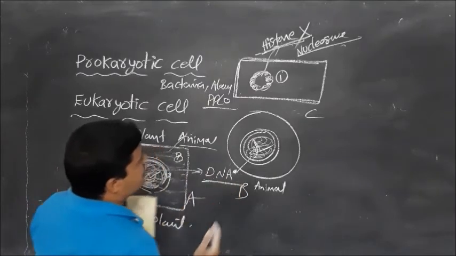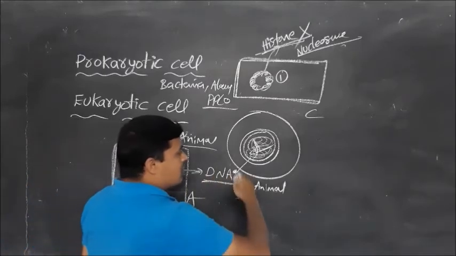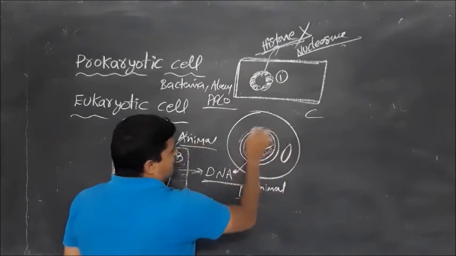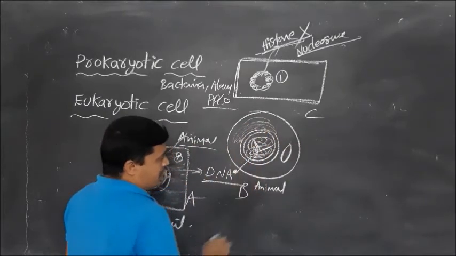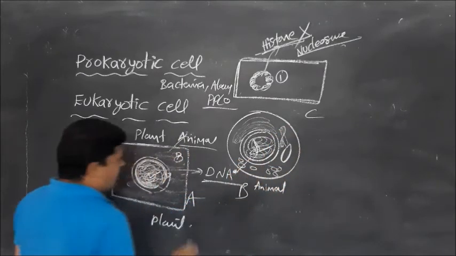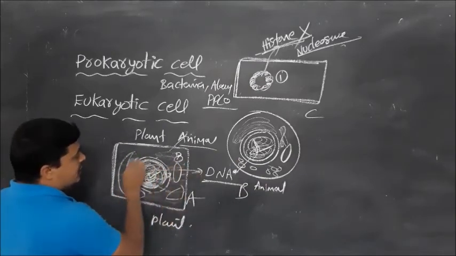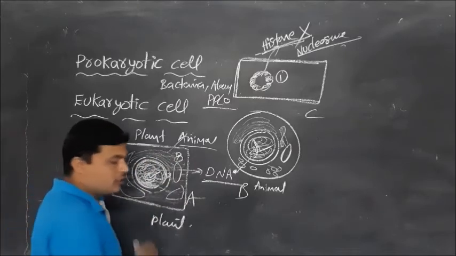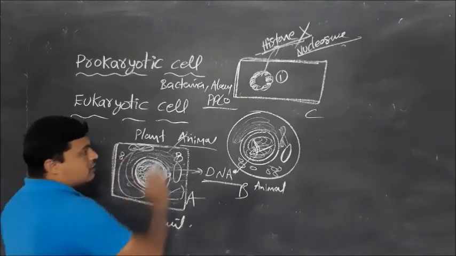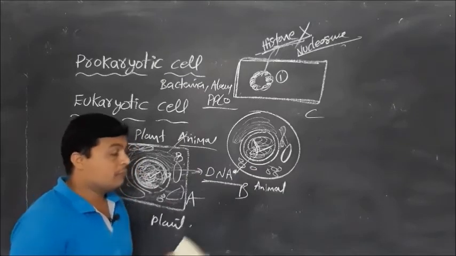And what are the other differences between the prokaryotic cell and eukaryotic cell? In the eukaryotic cell, organelles are present. Cell organelles like mitochondria, endoplasmic reticulum, rough endoplasmic reticulum, smooth endoplasmic reticulum, Golgi apparatus, lysosomes, ribosomes, and also vacuole and chloroplast. So these are the cell organelles. In the eukaryotic cell a number of cell organelles are present, but in the prokaryotic cell